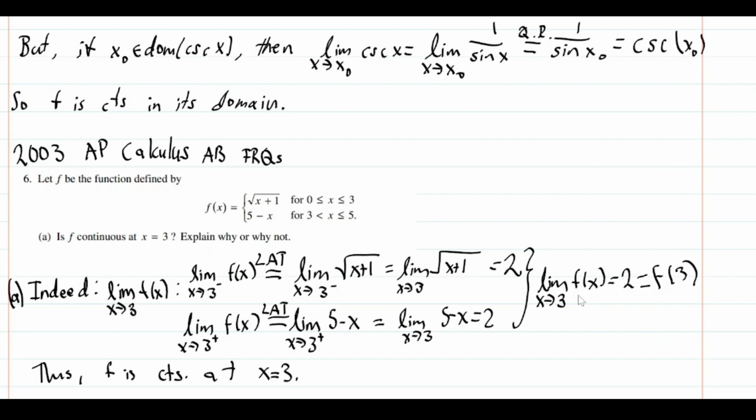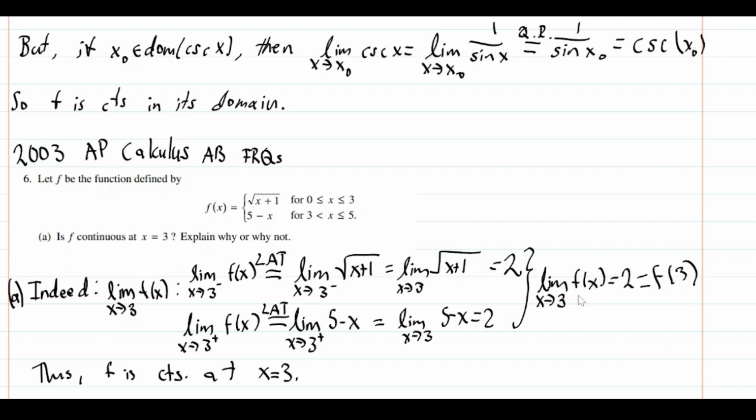Finally, over here, we take our right side, our right neighborhood, and the piece that we're dealing with is 5 minus x. So is it continuous there? Well, by the local agreement theorem, this is just the limit as x approaches 3 from the right of 5 minus x, and that's just 2. But look, the side limits match, so by the theorem we proved on the existence of limits,